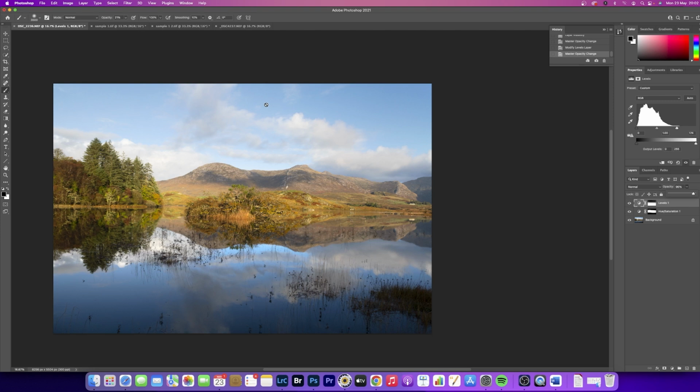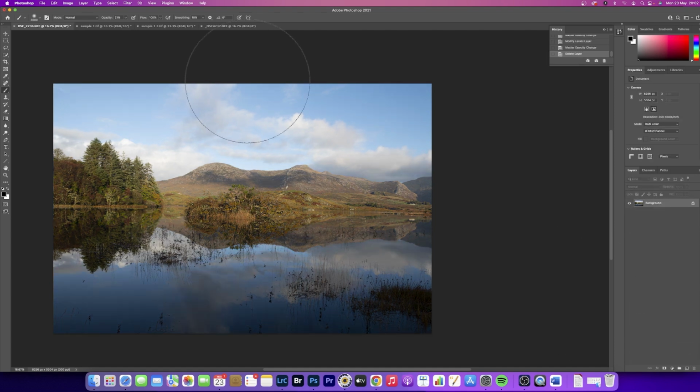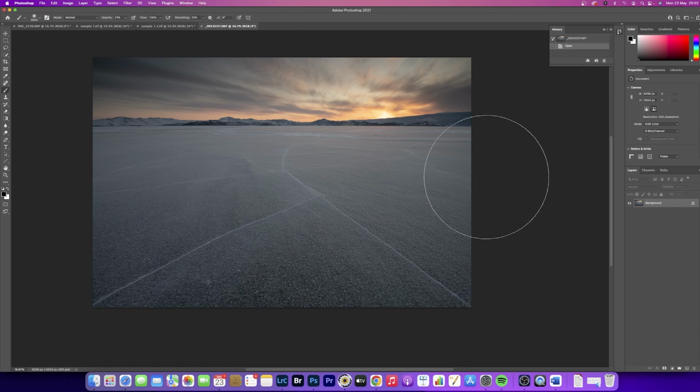So that's a couple of things around opacity, brushes, white reveals, black conceals, and that's such a common thing for me to use. So if I just take a quick look at this picture here, for example, which is an image from Lake Baikal,